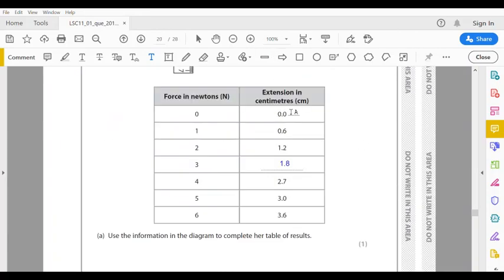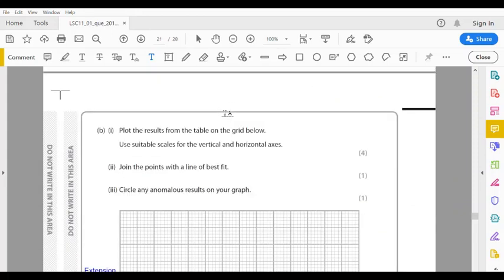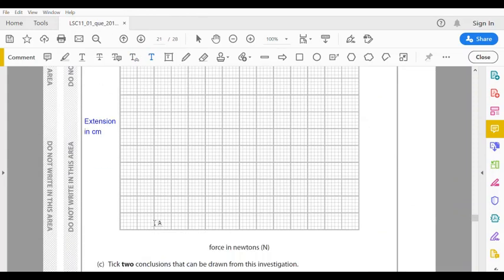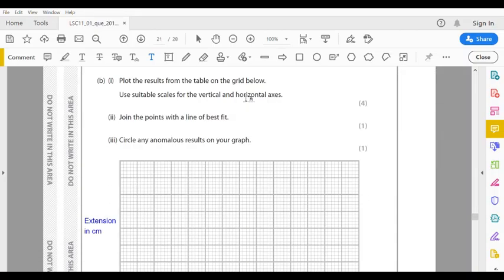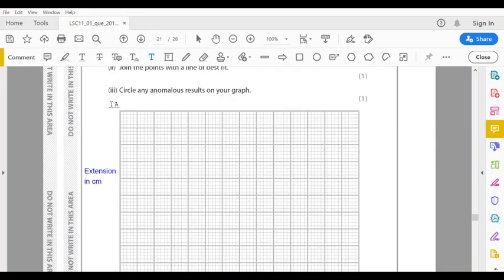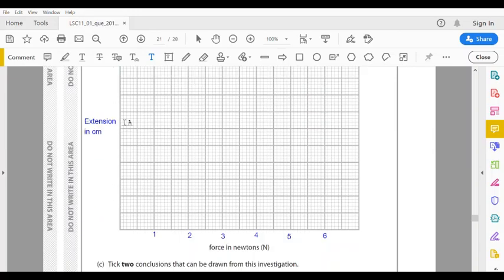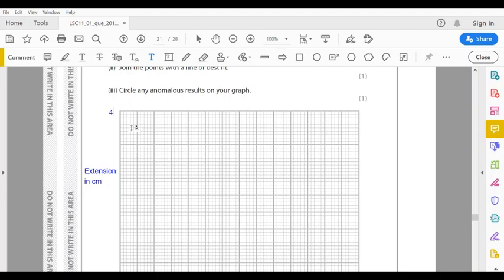So let's see how to divide the values. Now here the maximum value is 3.6 and here it's 6. So I think we can take one by one: 1, 2, 3, 4, 5 and 6. Then to take 3.4, I think we can go up to 4 here. So if we can divide in the middle, 2, 3, 4,